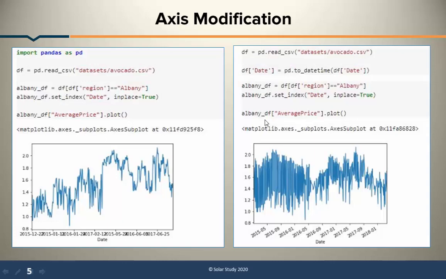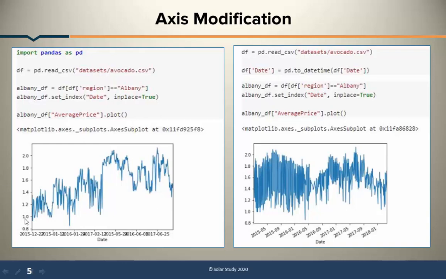Next we will see how we can do access modification. In access modification, we first import pandas. I read using pd.read_csv the one CSV file I have to read, and whatever content is in that CSV file I add to some other data frame. Then whatever I want to plot on the x-axis, like set index, what I need is date. Then I calculate the average price, and then I plot it.